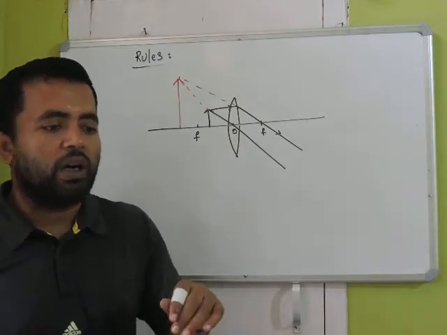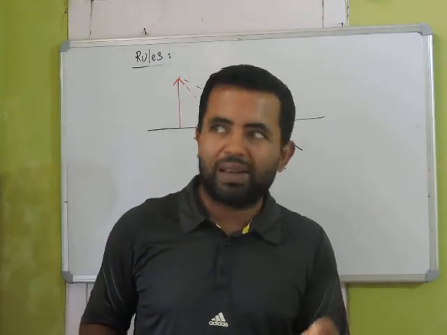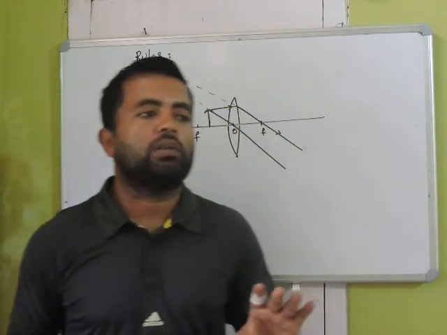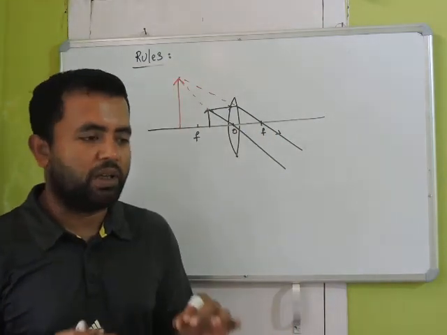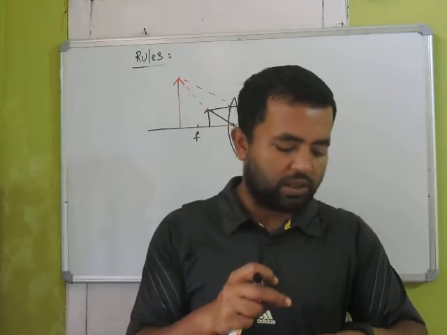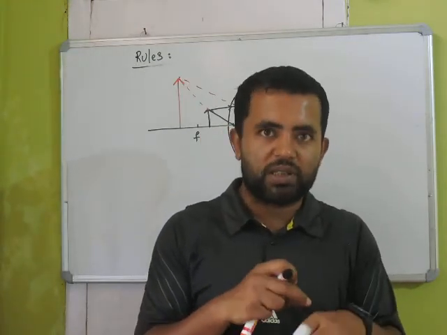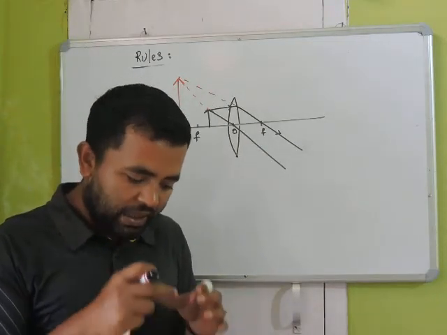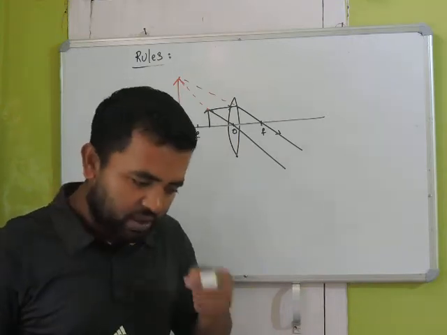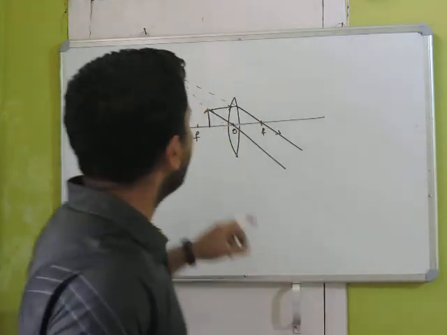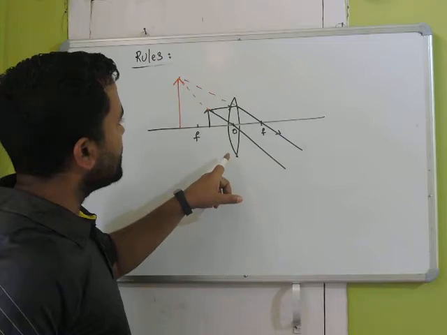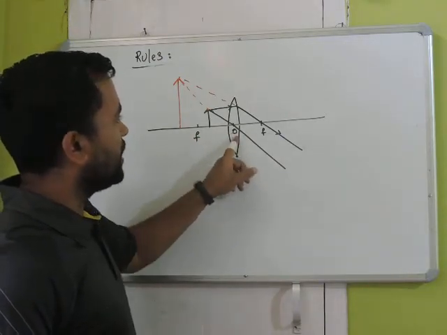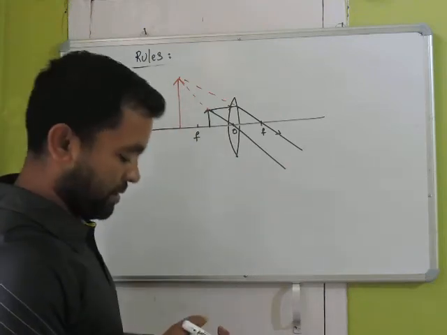So suppose if you want to see a very small letter, or suppose a watchman, okay, the guys who make or correct watches, if they have to correct anything there in the circuit, then they have to observe very small things, so they use magnifying glass. So if you use convex lens as a magnifying glass, you have to put the object between focus and the optical center, okay, then you will get a magnified image.